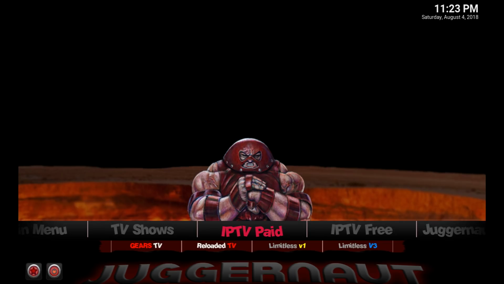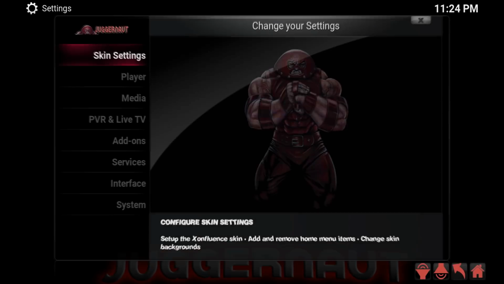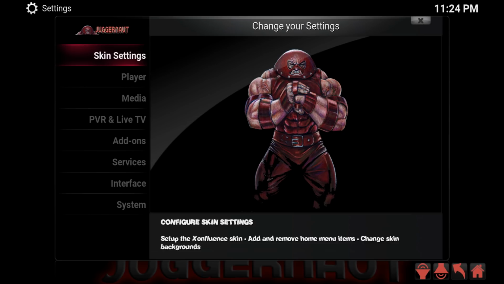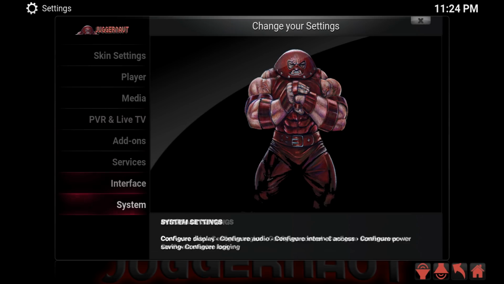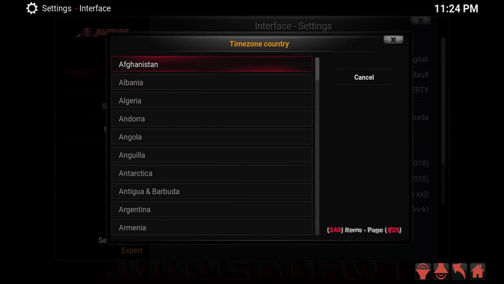So once that's done, you can see, like I said before, the menu items have moved over to the IPTV pad. So this is where we move back, and I want to go into the main menu, down to system, and I want to go into interface. When we go into interface, this is going to allow us to set the region. So we're in Canada. If you're in the US, change it to yours, UK, anywhere like that. I'm in Canada. And then we want to move to the time zone country,